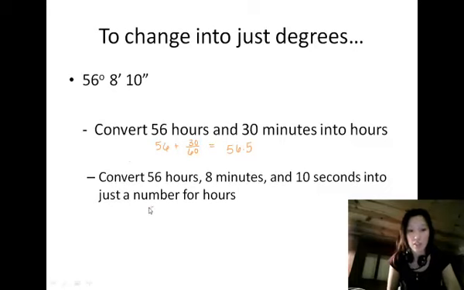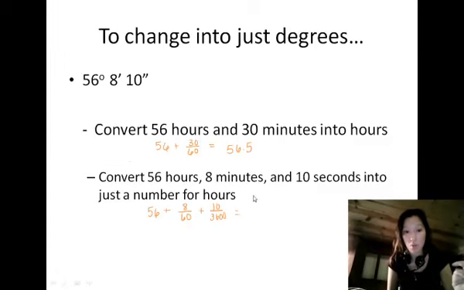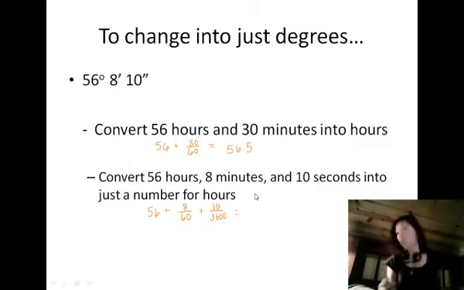So same thing down here. What we're going to have is 56 hours technically, or 56 degrees, and then plus you have 8 minutes out of a total of 60 minutes, because that's how these degrees are still broken down. They're very much like hours. So we're going to have 8 minutes out of the 60 plus 10 seconds, and total out of an hour we have 3,600 seconds. So when you simplify this, and I need a calculator,